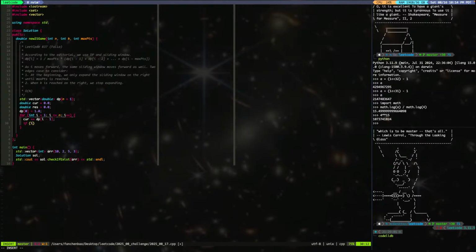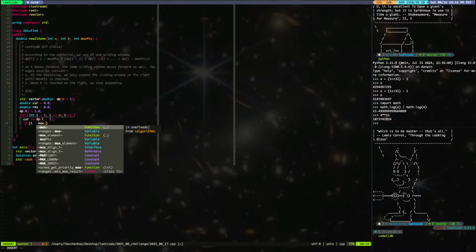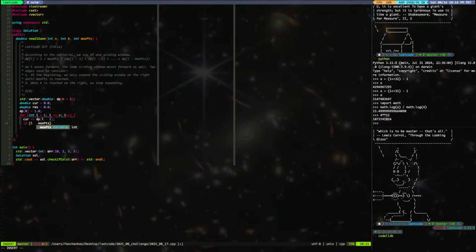So I minus max points is larger or equal to 0. That's fine. So we have I minus 1 minus the max equal to max minus max points,